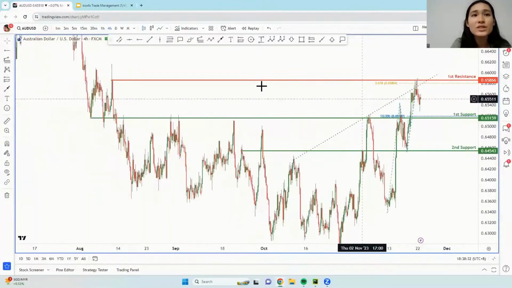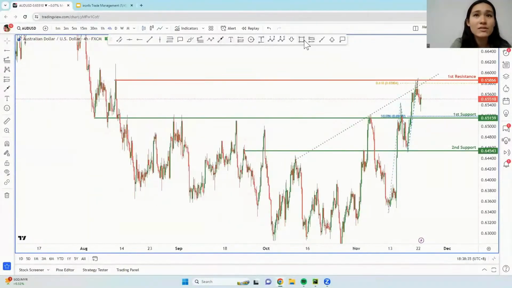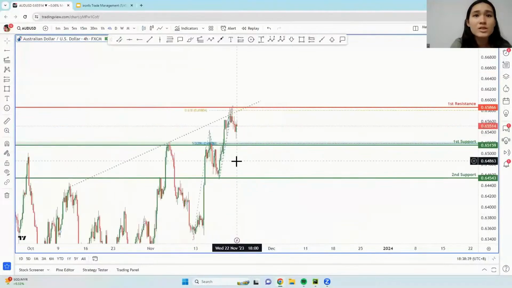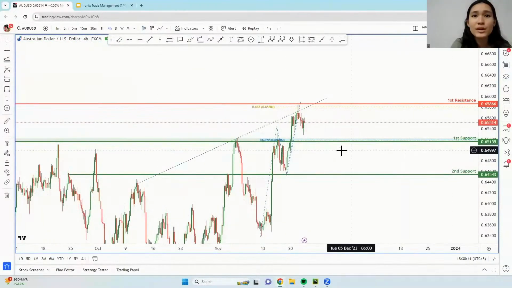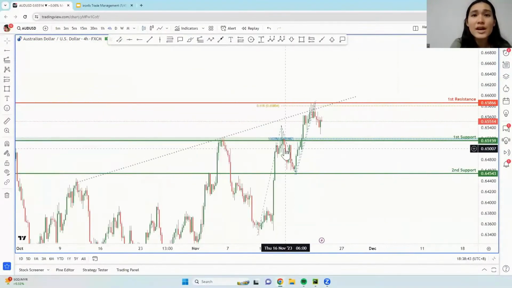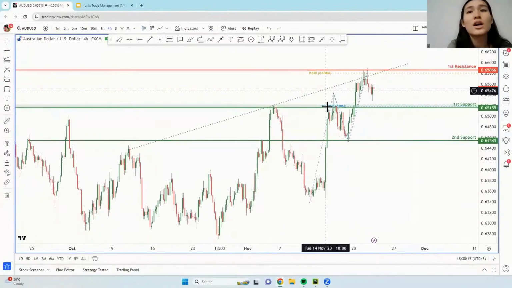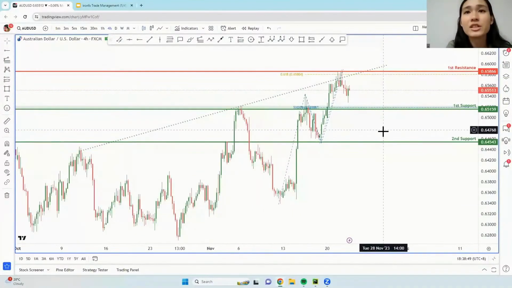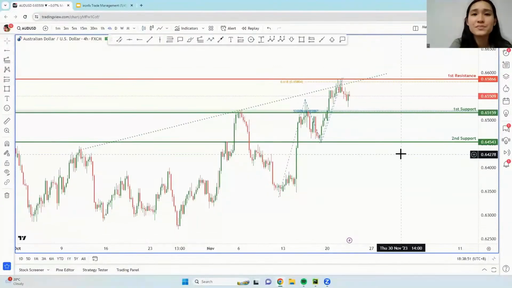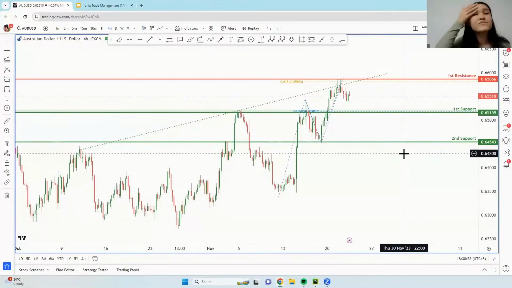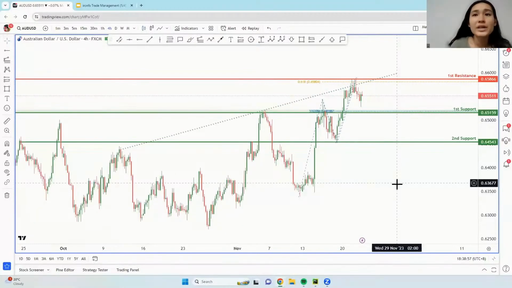Okay, so we can see my first support is a really significant area. Okay, because I have this overlap support level as well as a 50% and 61.8% Fibonacci area, confluence area. Okay. So based off of our two